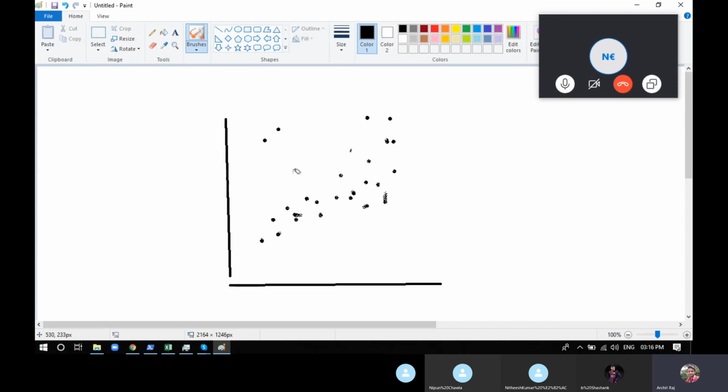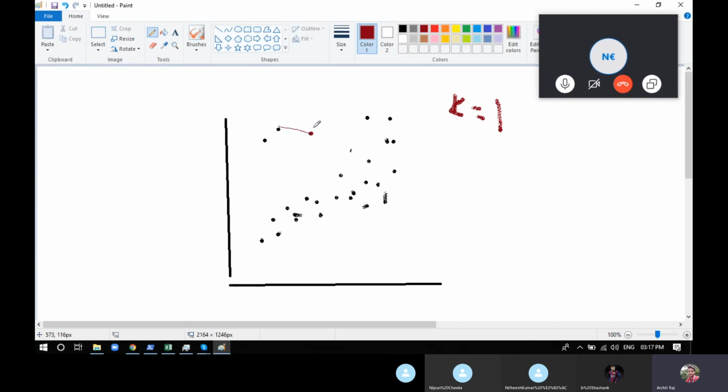Now if we have a data point which is here, imagine, let's take another color, this is the data point that we have to find out. Now in which category should this particular data point lie? If you give the value of k as 1, we'll try to find the closest one.